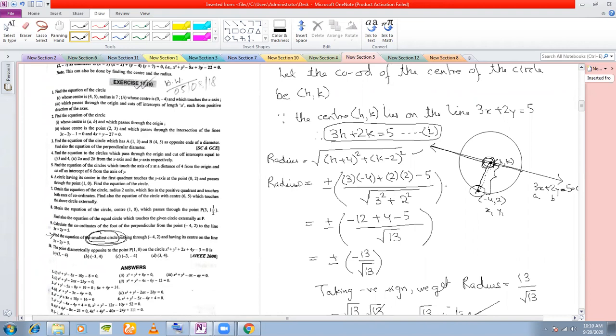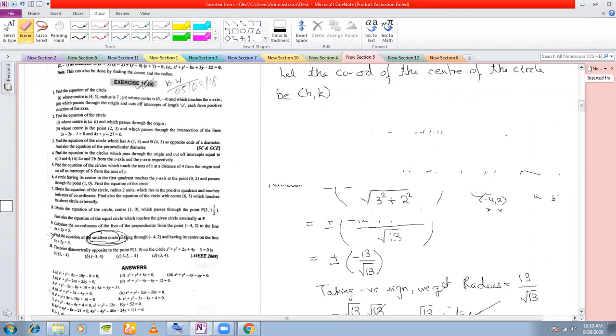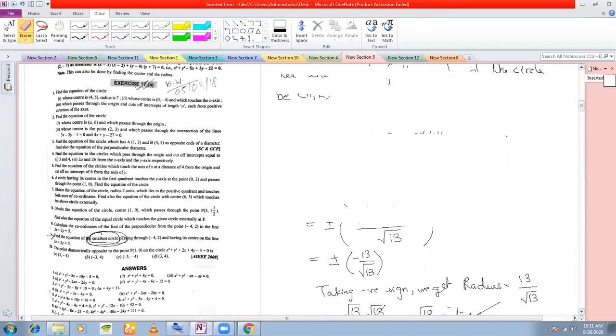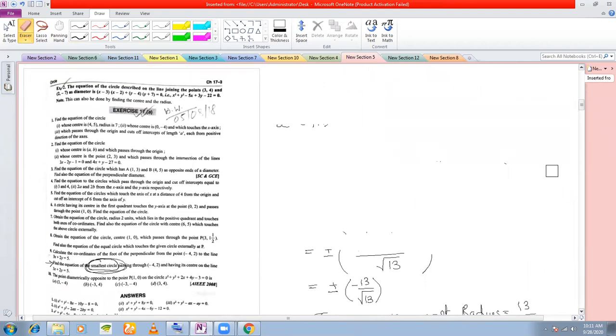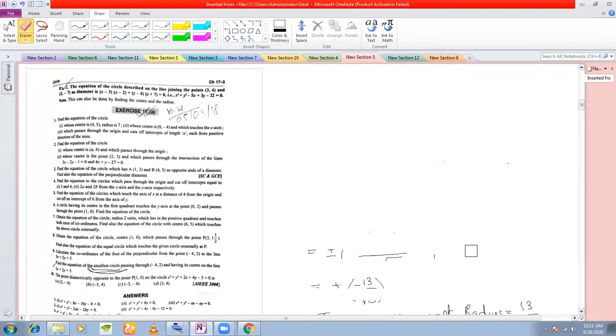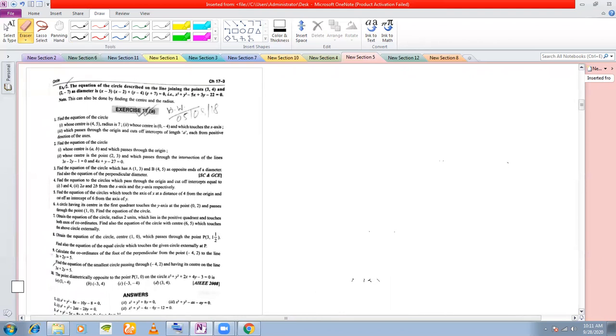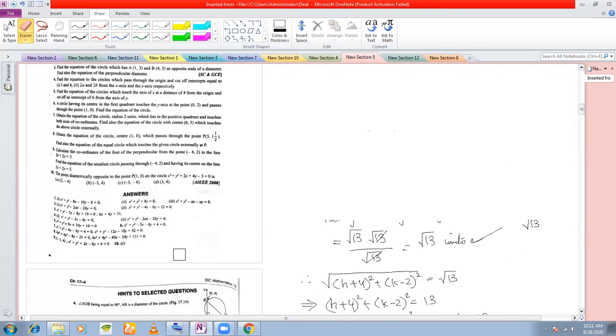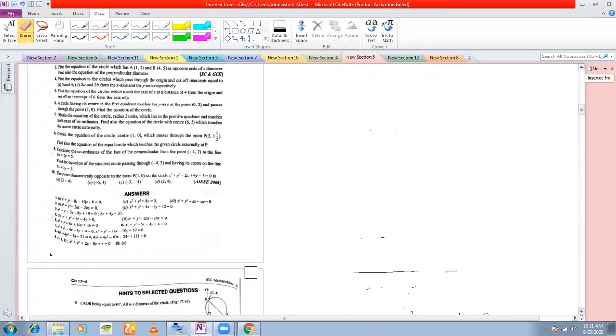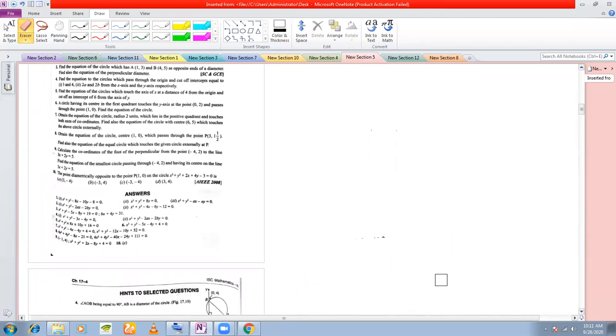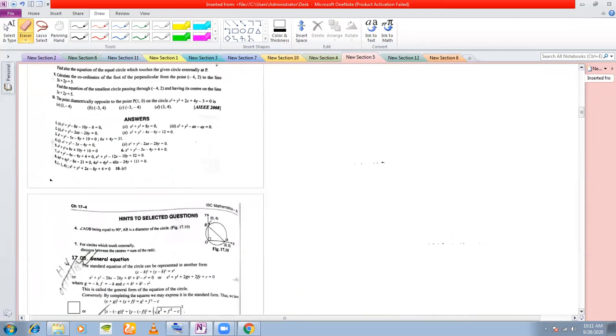That is what you learned: any point on the circumference. That was the important lesson that you have learned. So we'll be applying this technique later on also. Once we start with the general equation of a circle, we'll be applying a similar technique, not the same, but the same concept we'll be applying later on. And I'll be discussing the general equation of a circle. Okay, so let us now do the next sum.